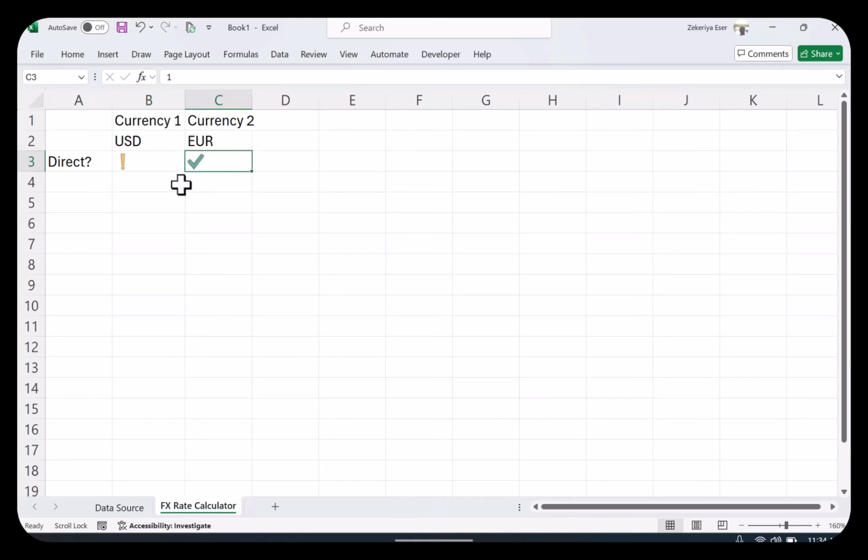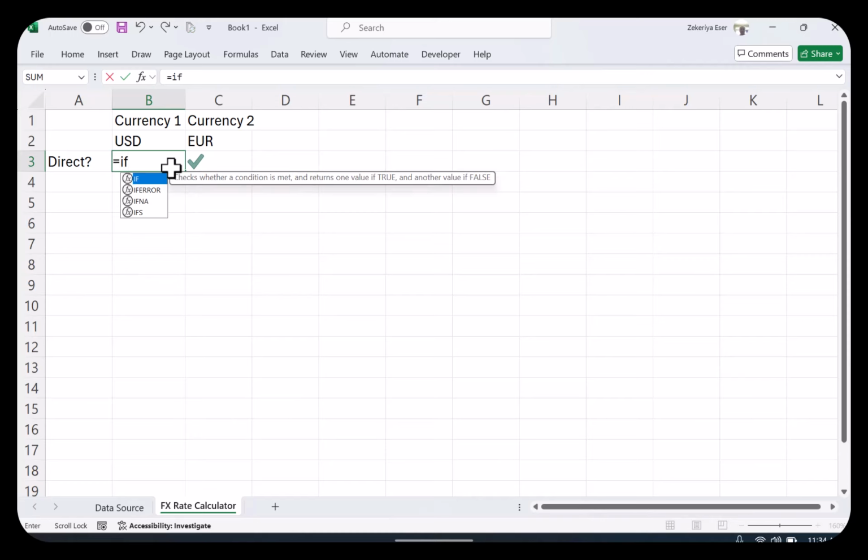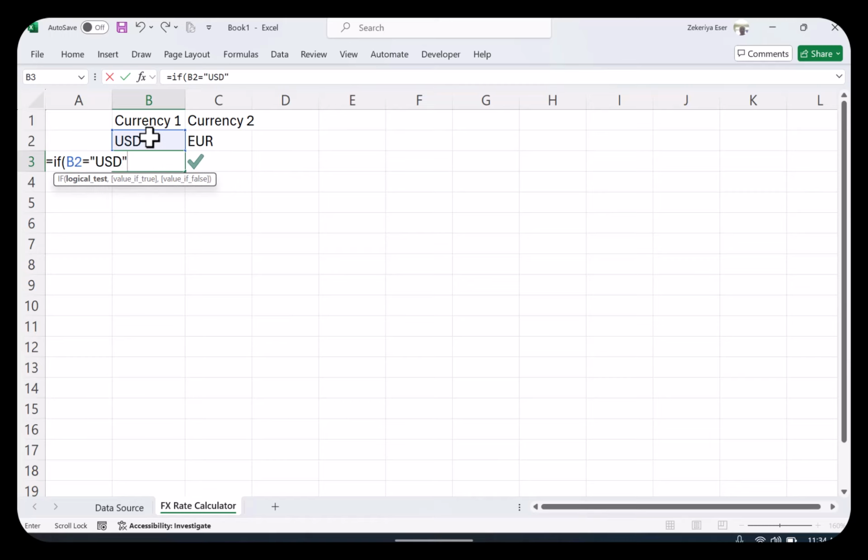Otherwise, I'm going to make that negative 1. Otherwise, in fact, I'm going to write a formula here. You could also actually, if this thing equals USD, put in a value of 0. Otherwise, if